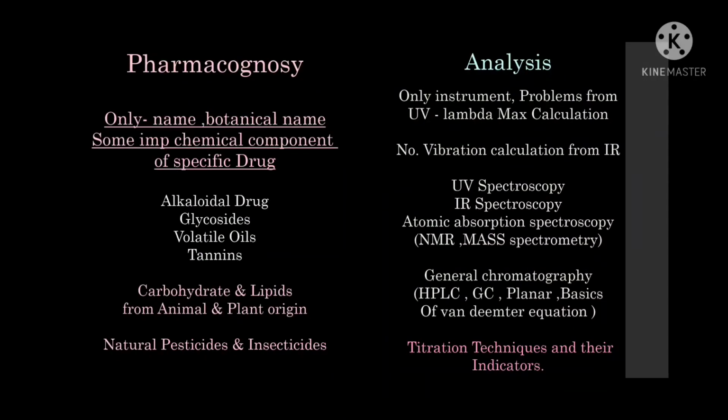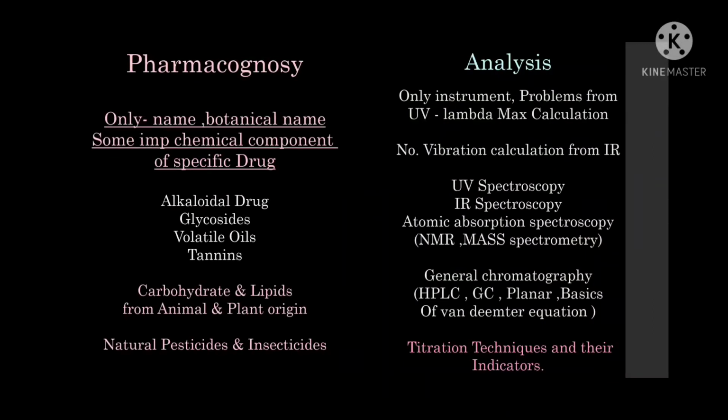Then comes pharmacognosy and analysis. In pharmacognosy, only the botanical names and some important chemical components of specific drugs, of alkaloids, glycosides, volatile oils, and tannins. Then carbohydrates and lipids from animal and plant origin, natural pesticides and insecticides. Under analysis, only the instrumental part you have to do. Then the principle part, problems from UV, lambda max calculation, number of vibrations calculation from IR spectroscopy,